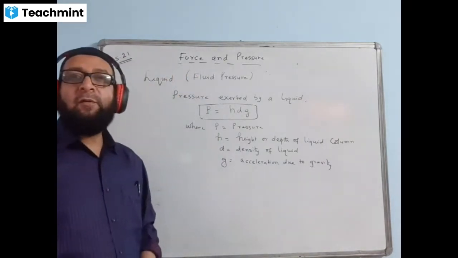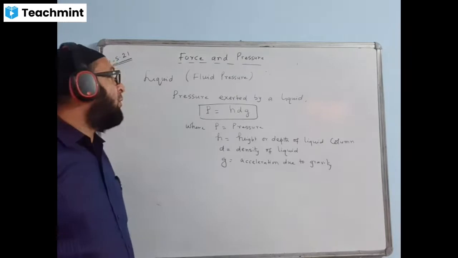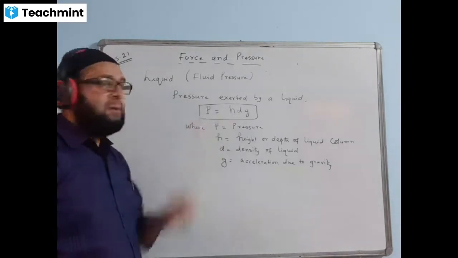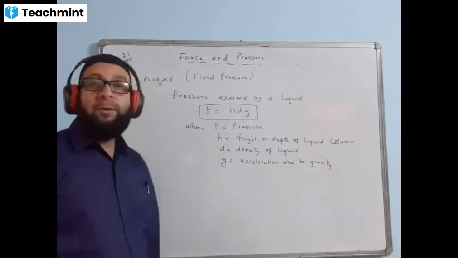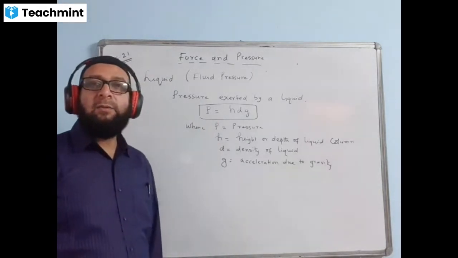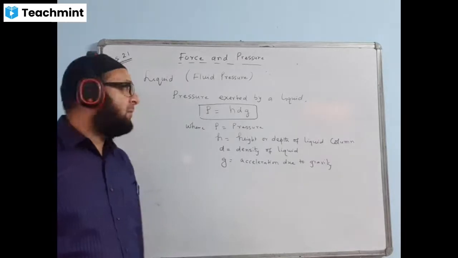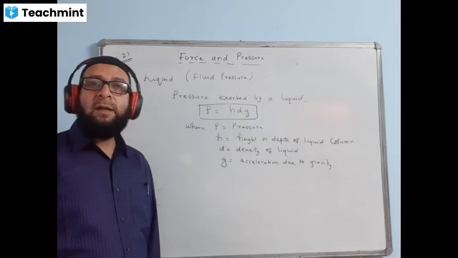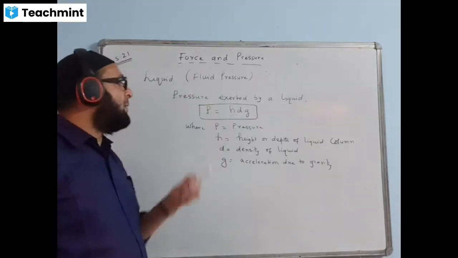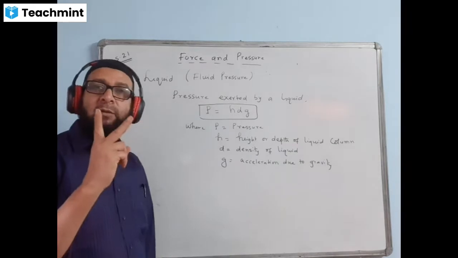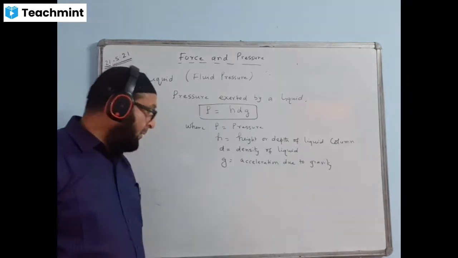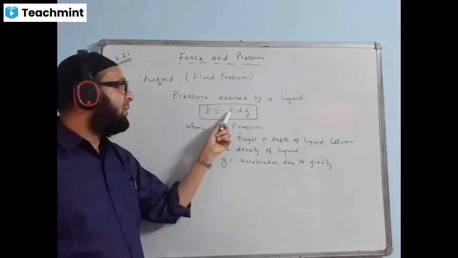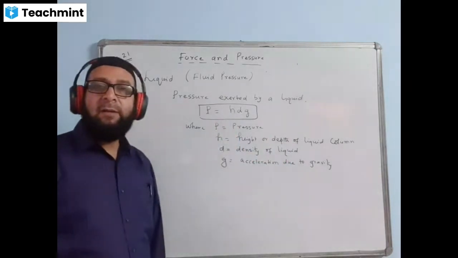The normal formula for pressure is force by area. But especially for a liquid or for a fluid, we have the formula pressure is equal to h d g. The details of this formula you will do in a higher class, class 9, where you will know why we have this formula. But in class 8 we have to learn that the pressure exerted by a liquid or fluid depends mainly on two factors, and it is given in the book also. The two factors are the height or depth of the liquid, h, and the density of the liquid.